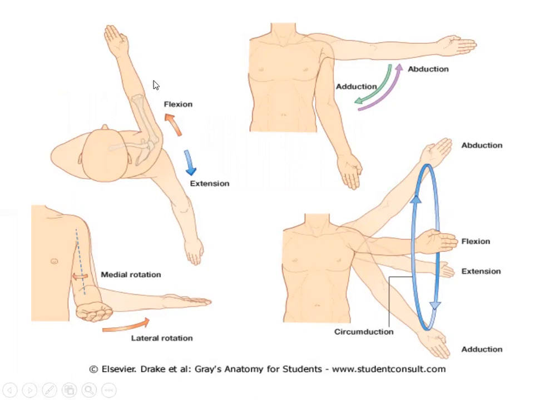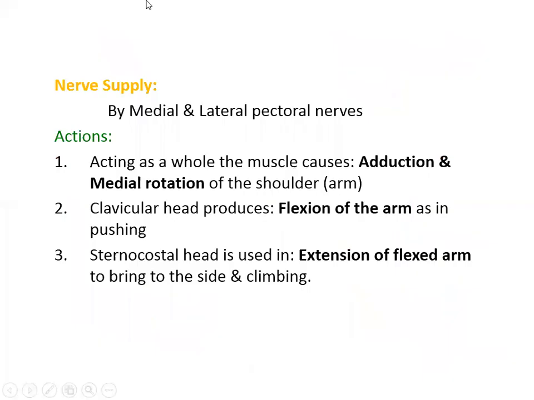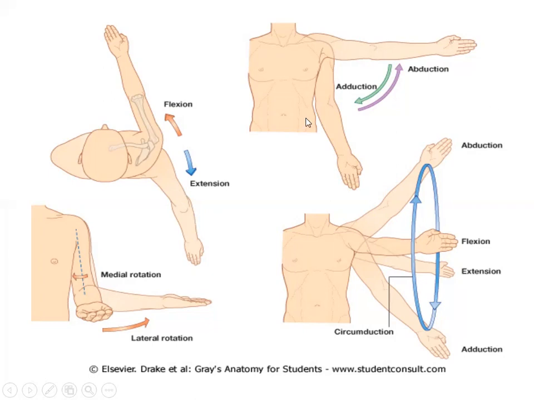When you move the limb, not vertically straight, but slightly crossed toward the chest wall, when you lift it upwards, this becomes flexion. If you send it backwards, then it becomes extension. This is the movement called flexion and extension. So the pectoralis major muscle will help in the flexion of the arm, and also the adduction. What is adduction? If you see here, moving the limb away from the body is called abduction. When it is moved back to its normal position and in contact with the chest wall, then it is called adduction. This is the adduction movement.